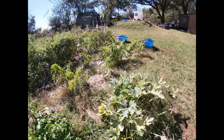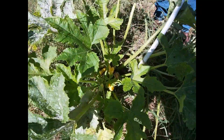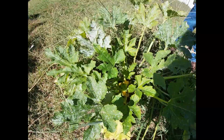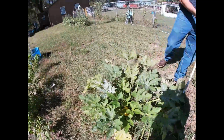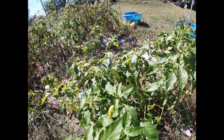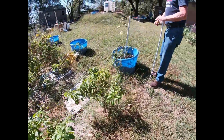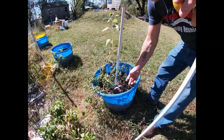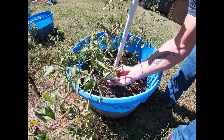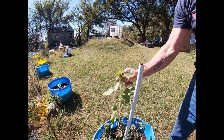Our Sugar Rush peach also. We got a couple baby squishes. Do we? Look at those. There's one. There's one over here. This is our Sugar Rush peach. And oh my goodness, we pickled some the other day. I can't wait to tear into those. Look at this pathetic little tomato plant. But look what it's got on it. Oh my gosh, that's huge. Oh, look at this sunflower. I don't know how this little sunflower survived, but